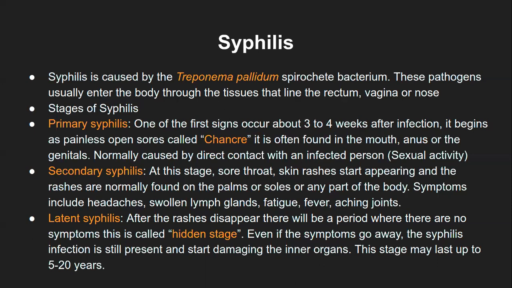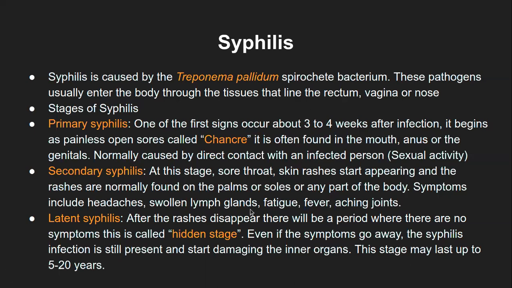Yes, sir. So the secondary syphilis is nothing but the stage with a higher bacterial load in the body. It will start showing more and more symptoms, like sore throat, skin rashes, and the rashes will also start appearing on the palms and soles or any other part of the body, and other symptoms like headache and swollen lymph glands. If any of these terminologies are not clear to you, please stop and ask me. But I would assume headache, you surely know.